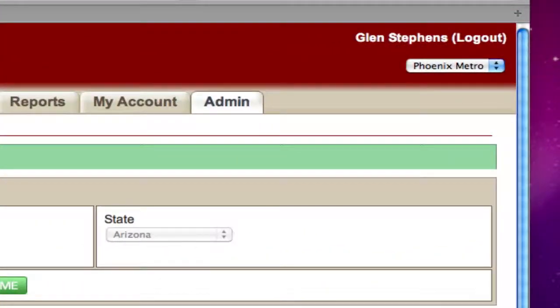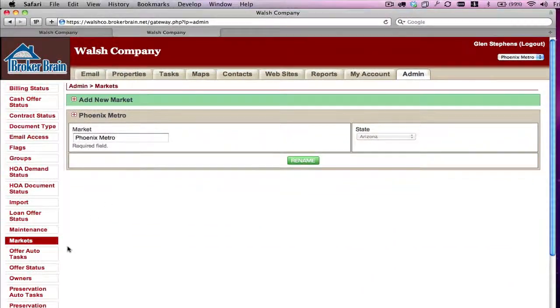Now, in the upper right hand corner, you're going to see that we have currently selected the Phoenix Metro market. And that means what I'm doing in the admin tab, or the properties tab, or the tasks tab, is going to show me information based on the market that I have selected. So the first thing I want to do is go back to the users